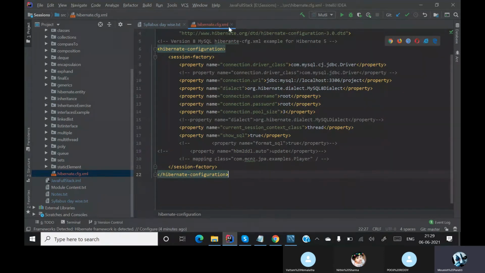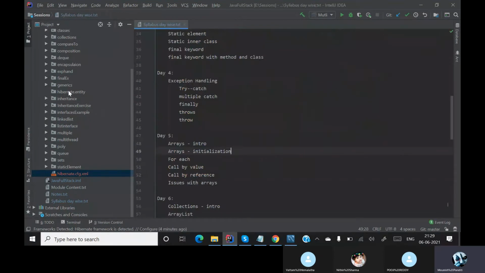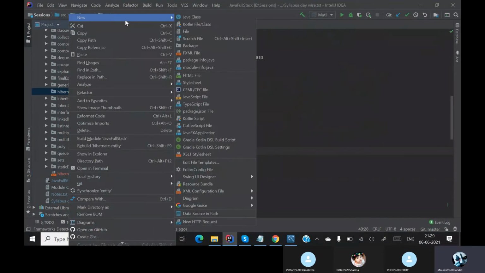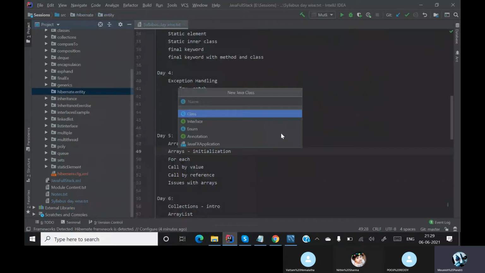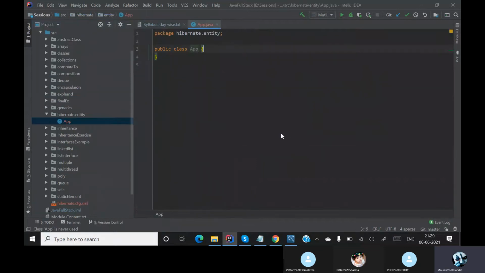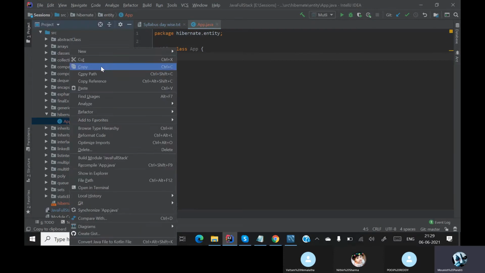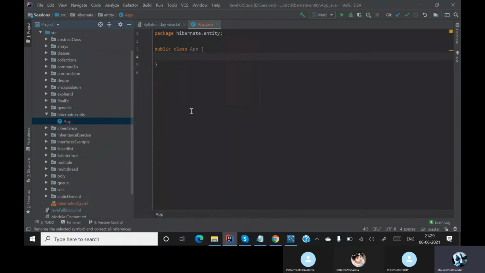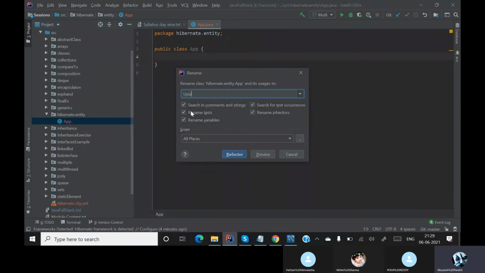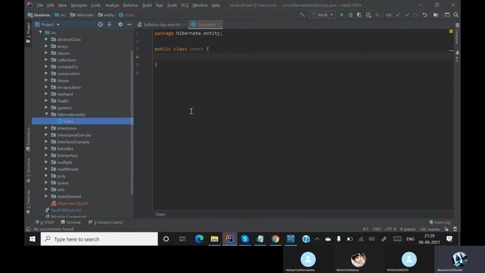Okay, now let me go to my hibernate.entity package and create a class. Let this class name be app. Okay, instead of app I'll make it users, because I want my table name as users.